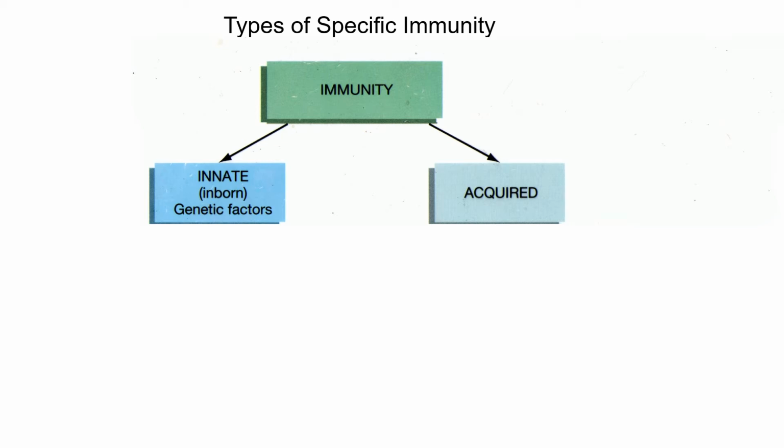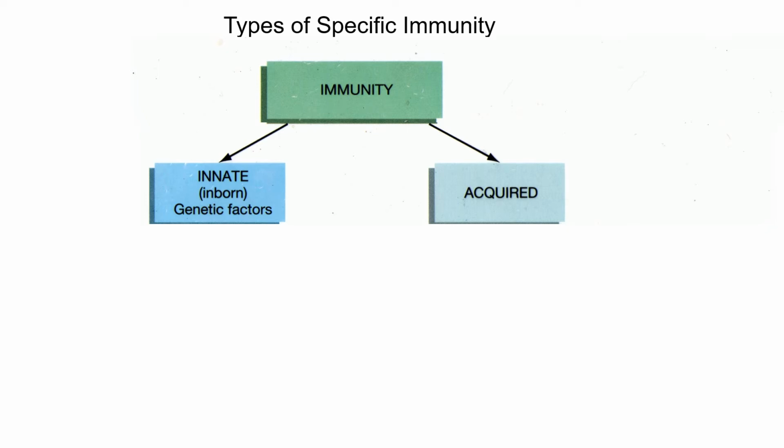Another example, for those of you who have cats, is feline leukemia. This is a viral infection that affects only cats, causing leukemia. The way the virus binds is by absorbing the proteins on their surface. We don't have those proteins because we're not a cat. So once again, we have this innate inborn immunity. Now, acquired immunity is something you gain in your lifetime. Out of these two, which is going to be most important, innate or acquired? Well, that's one of the questions I want you to think about, and it's one we're going to answer when we meet on Thursday of next week.